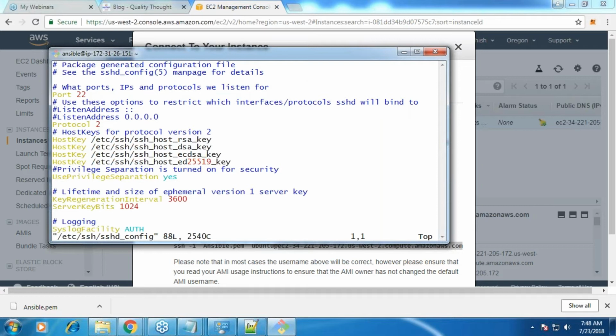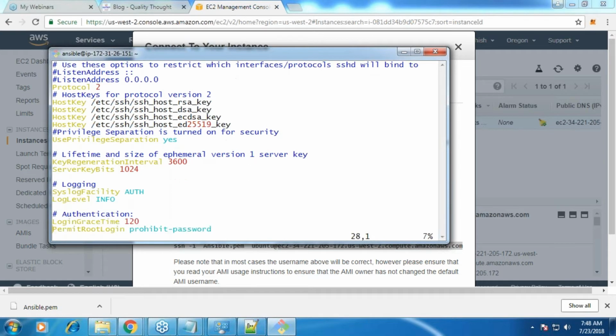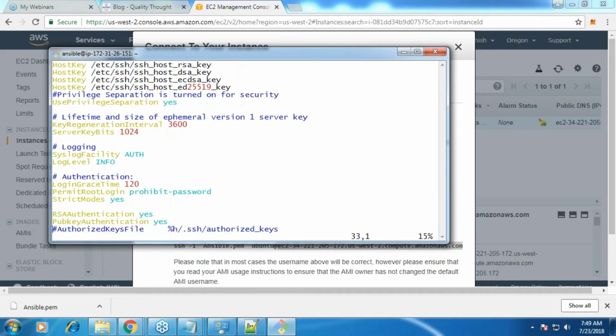Okay. So this is a file where we need to modify. We need to tell that, okay, allow passwords also. Amazon by default stops this. Amazon by default will not allow password based authentication. We are trying to enable it. Come now.